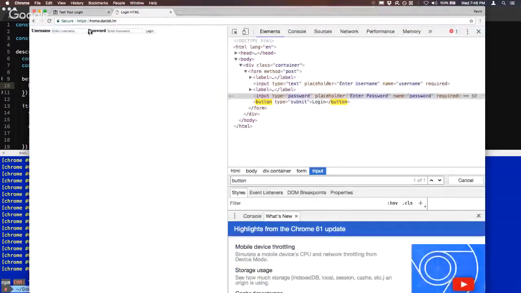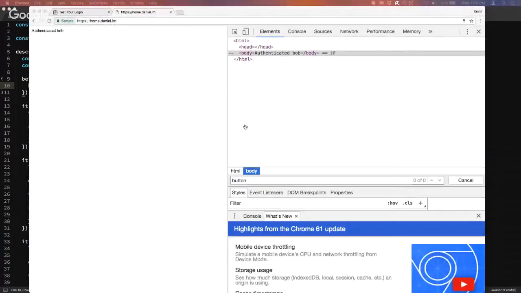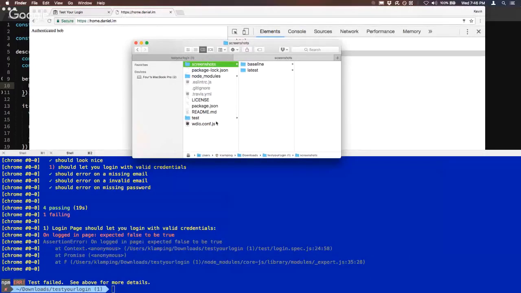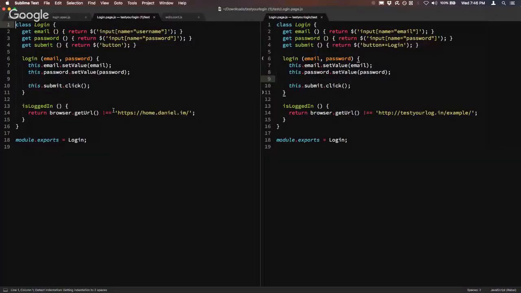You know, I wonder if, since you actually do, so let's see, Bob password. Yeah. So here we would need to change this, because it is the same page. We're going to go into our login page object. Go in there. And then we're going to say return